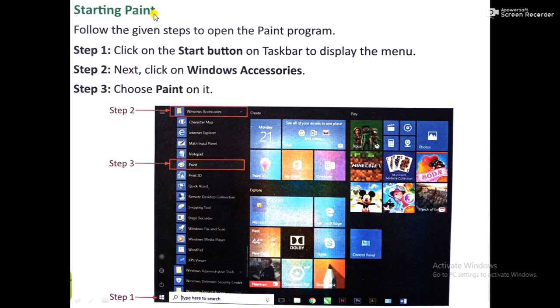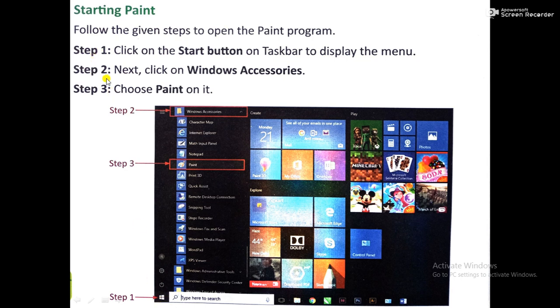So students, before we start working on MS Paint, we have to start MS Paint. There are two ways to start MS Paint. Step number 1. Click on the start button on the taskbar to display the menu. See here, this is the taskbar. Here you have to click on this start button.